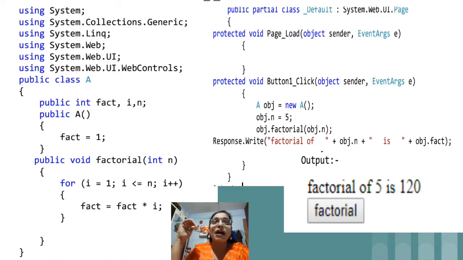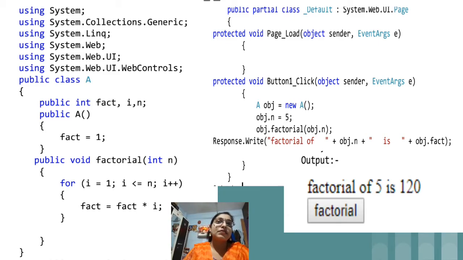Just before the default class present in your .cs window, you have to create one more class. So in this example I have created class A which contains 3 variables, that is fact, i and n.